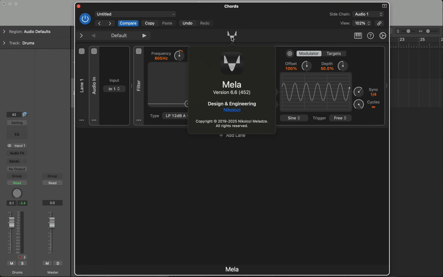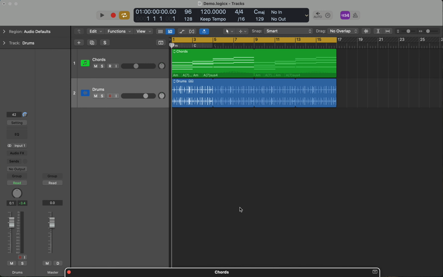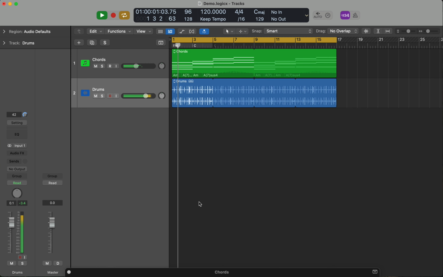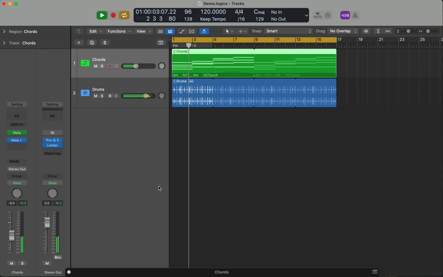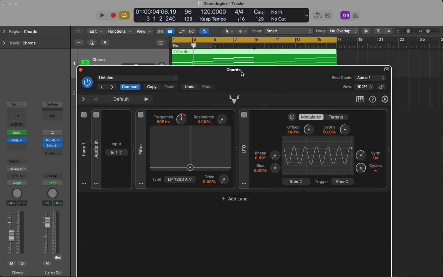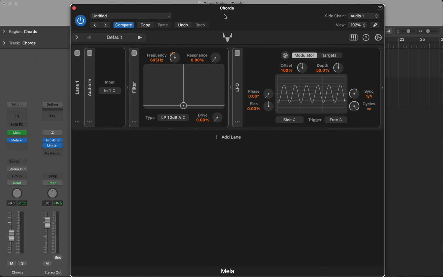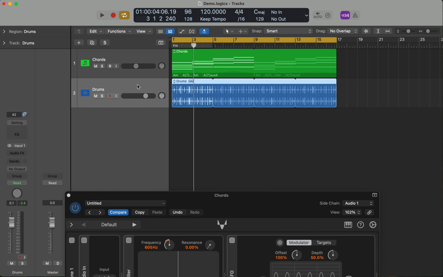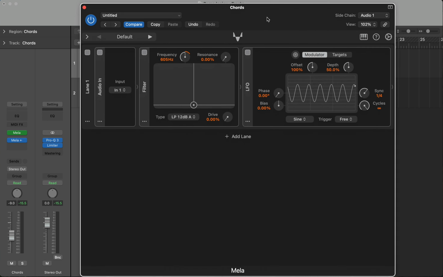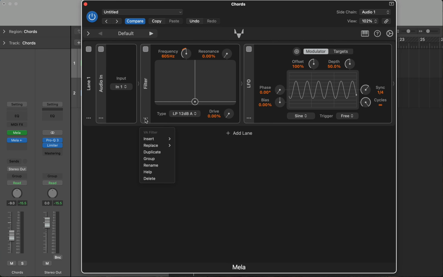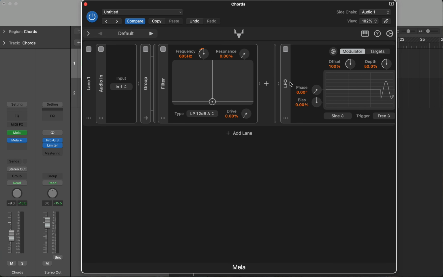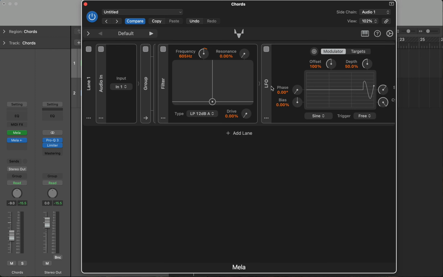So let me explain the setup I have here. I have a chord progression played by a Mela instrument, and then another instance of Mela is inserted as an audio effect with a default preset. I also have a drum loop here. Its output is not going anywhere. We'll use it as a sidechain later on. So what I'm going to do is group these modules,